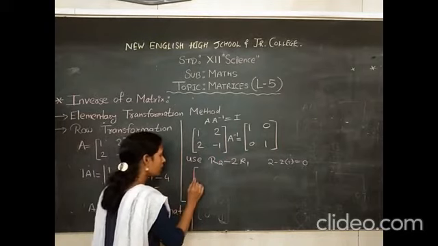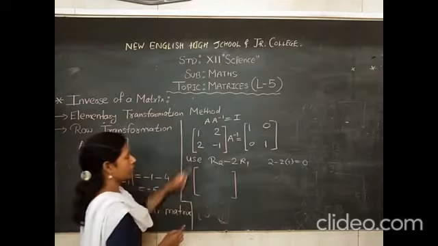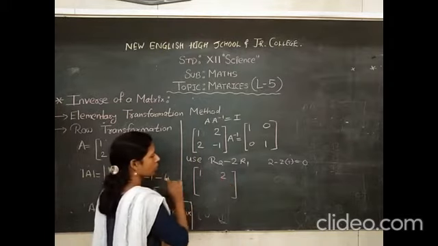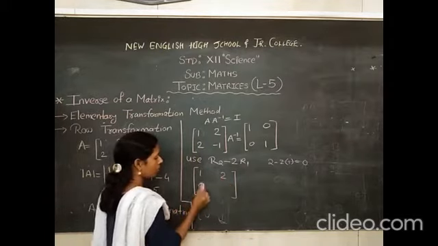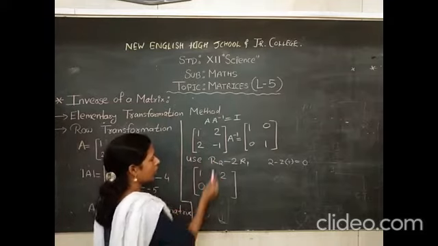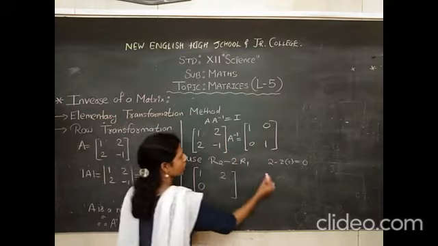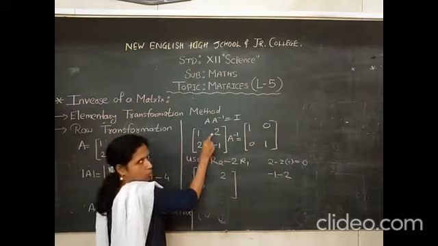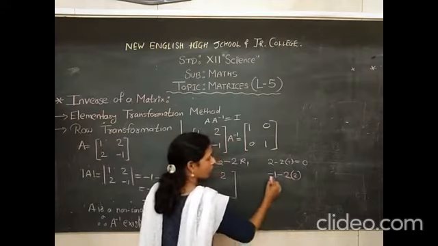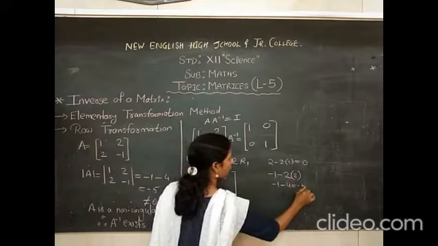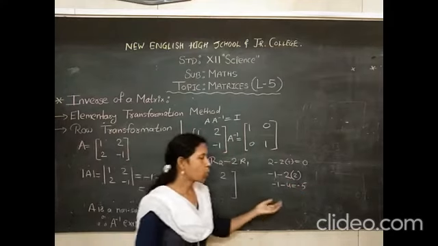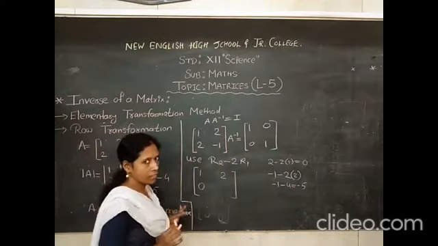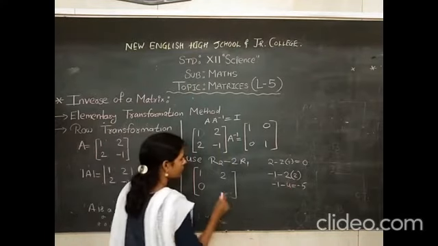Then we will get over here, see, in R1 there is no change. You will write as it is, 1, 2. We want to make a change in R2. This has become 0. Here same, R2 minus 2 times R1. R2 here it is minus 1. Minus 1 minus 2 times 2, minus 1 minus 4, that is equal to minus 5. Children, better do rough work on paper so that you will get the right answer. This one is minus 5.